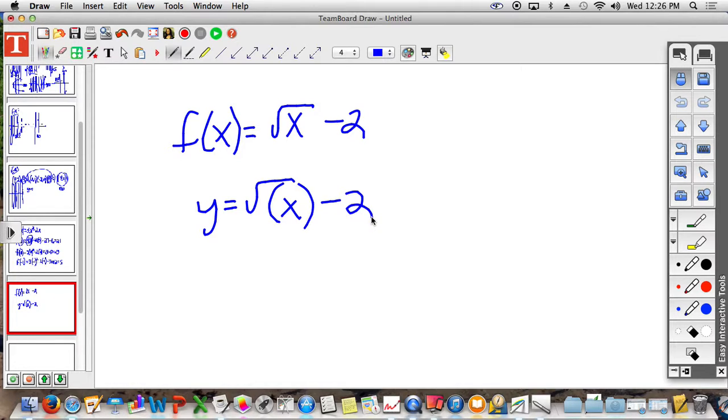Otherwise, the calculator is finding the square root of all of x minus 2 rather than the square root of just the x, and then subtracting 2 from the answer. Does that make sense? Yeah. So I wanted to mention that today, if you get any answers that are errors or undefined, then you did something wrong, because they all have answers. Okay, and the answer key is posted. You are welcome to check it